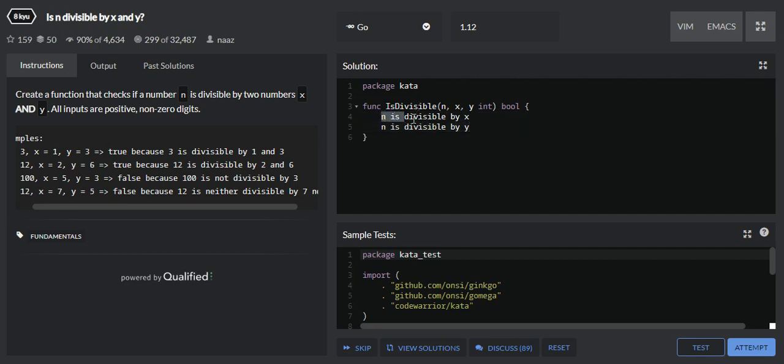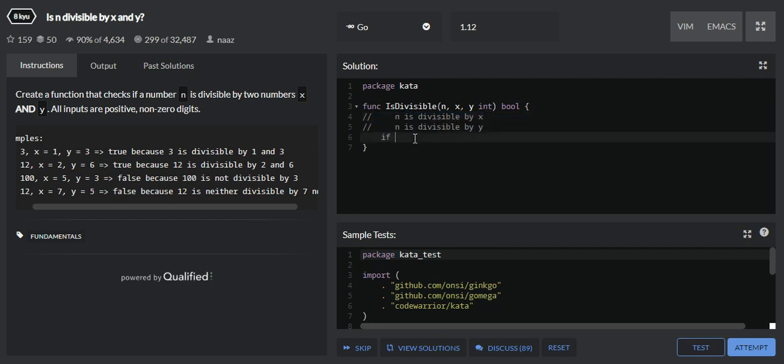If both conditions are true, then only we will return true, because the return type here is boolean. And if any one of the conditions is false, or both are false, then we will return false. So I'll just comment out this code. First we have to check if n is divisible by x.